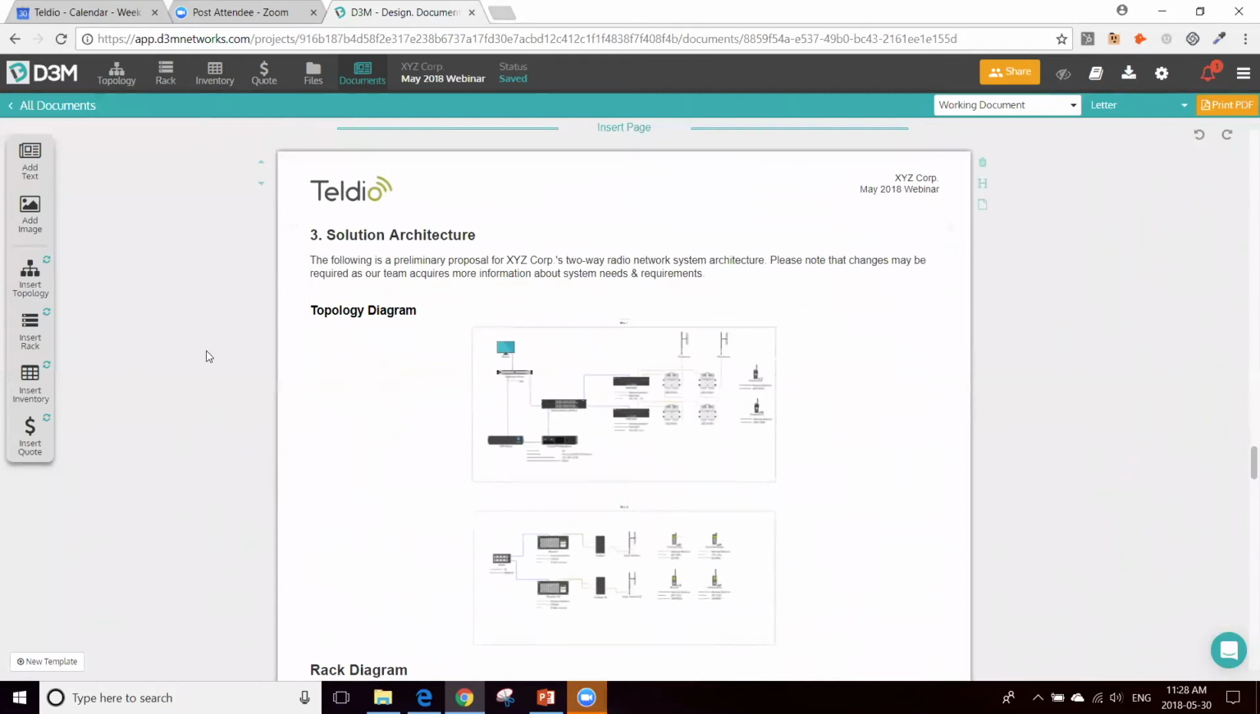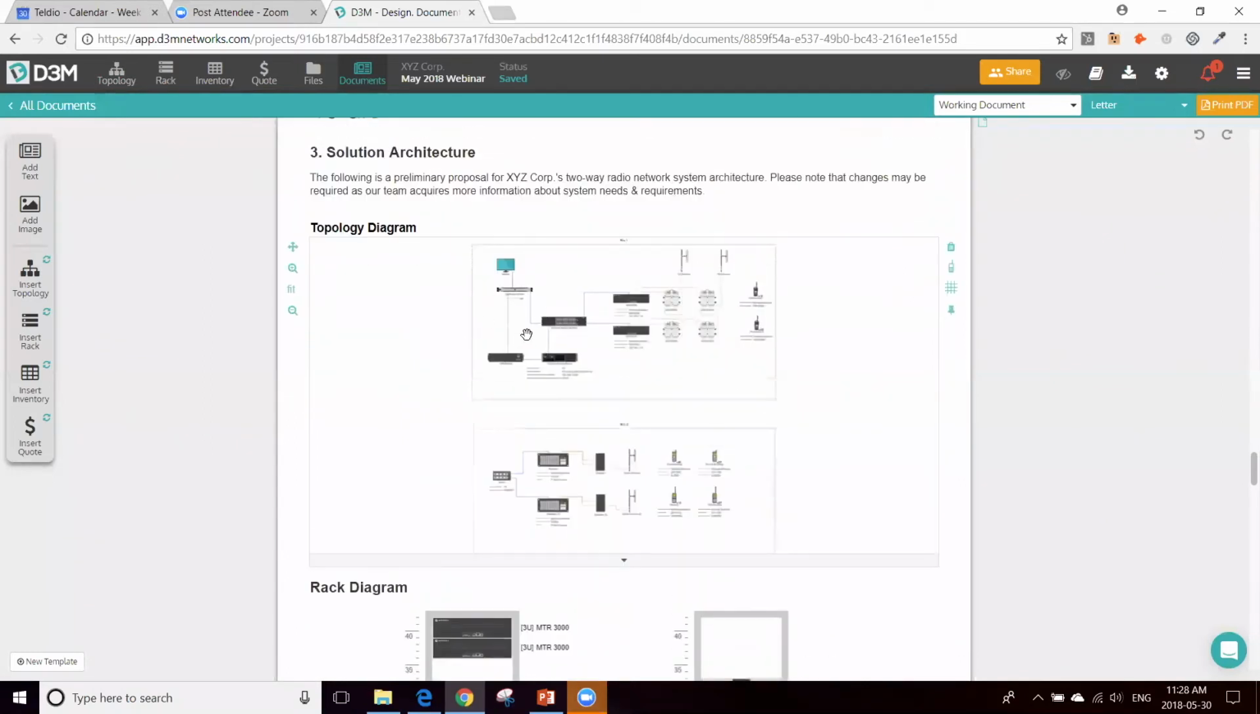And then this is where it gets really interesting. All those bits of information from this project, the topology diagram, the rack diagram, the inventory, the quote, all this stuff can be dynamically included here in your document template. So from here I have insert topology, insert rack, insert inventory, insert quote. You simply drag and drop these things to any page, and there you go. Here's your